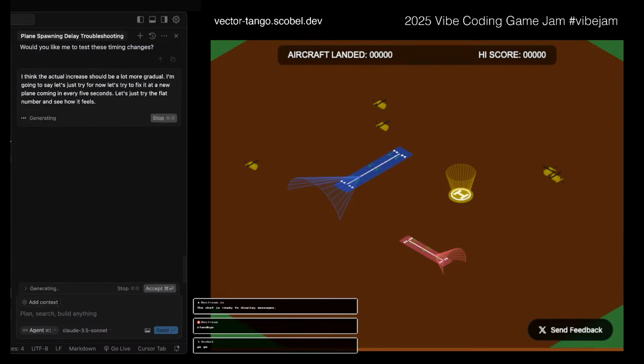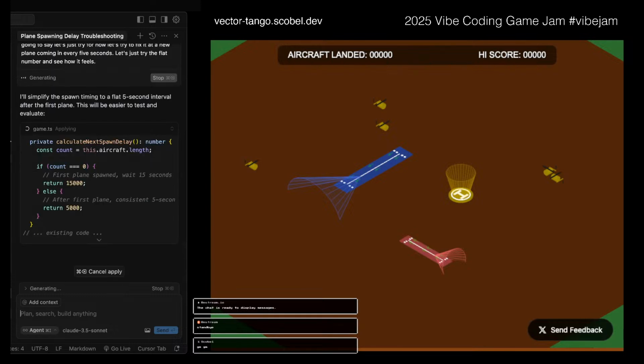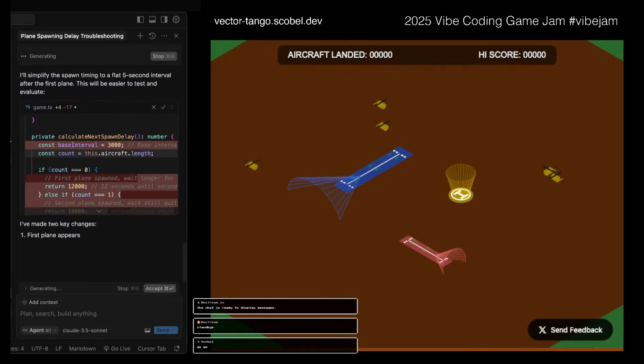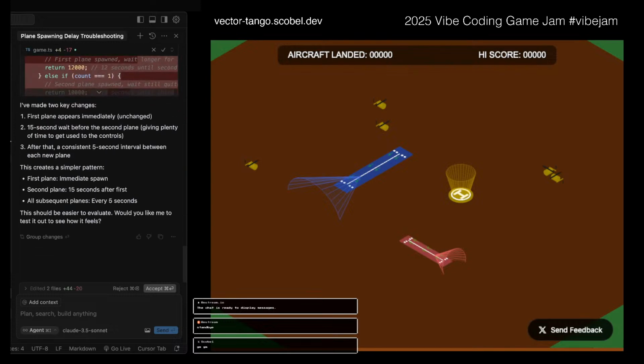Because if you get a plane every, say, 5 seconds, it takes a while to land them, so you're going to start getting them coming in. I don't know if you need to necessarily increase it. And if you go too crazy, you're just going to end up with too many planes on screen. So I think it might be 5. And then I think after that,